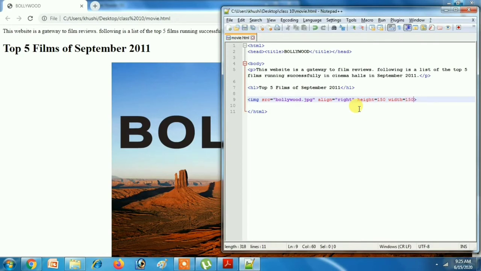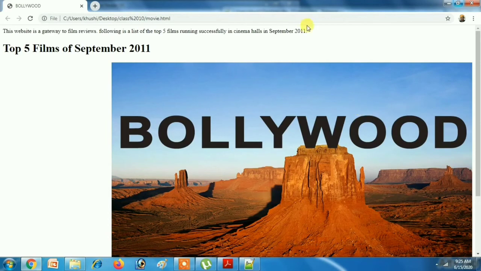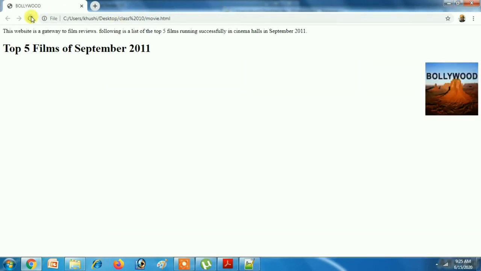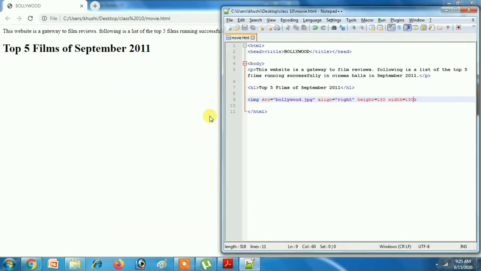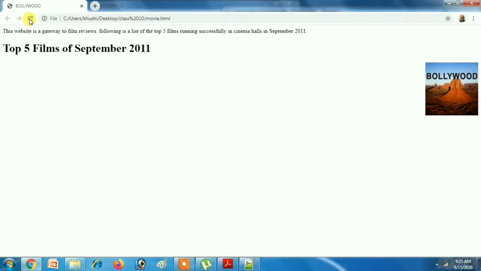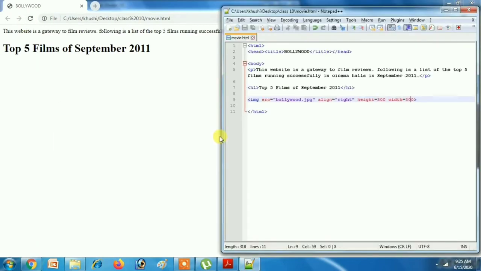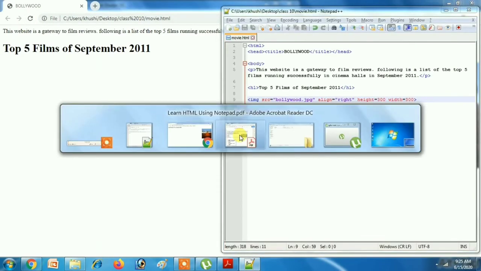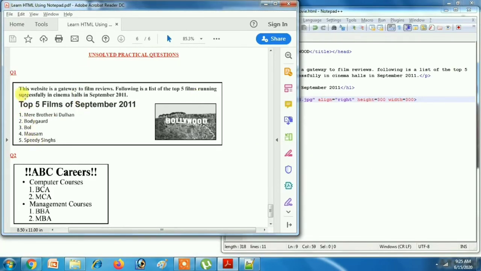Okay, save it and then refresh. And don't forget to save. Remember, you have to save it every time. Here the picture is very small. We can make it 300. Refresh like this.